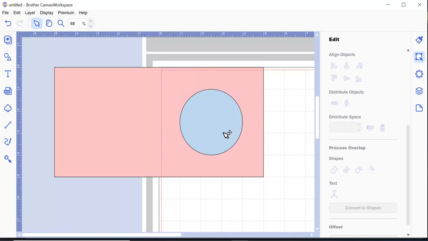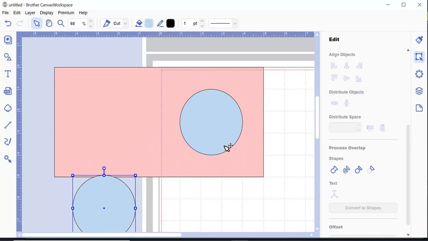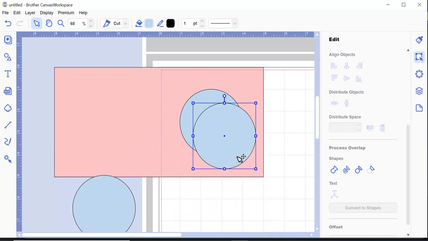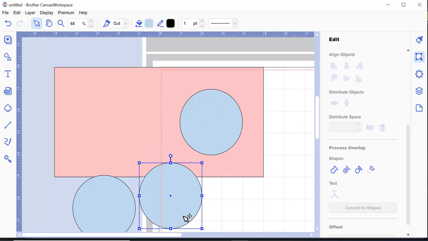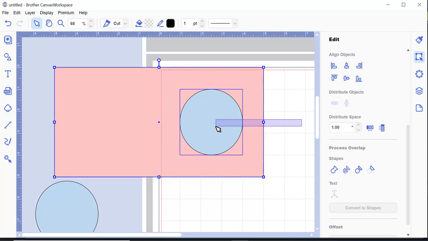Before I do that, I'm going to click on this, go Control C on my keyboard, or you can right click and click on copy, click away from it, and either Control V or if you want to just click on paste and you'll get one. I only need one of these, so I'm just going to delete the second one. I like moving them off the mat. So going back to what I was thinking,